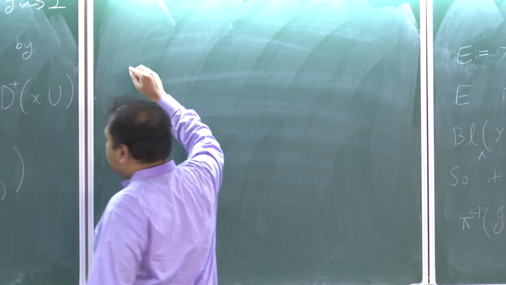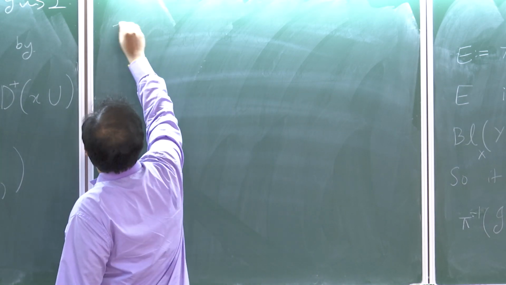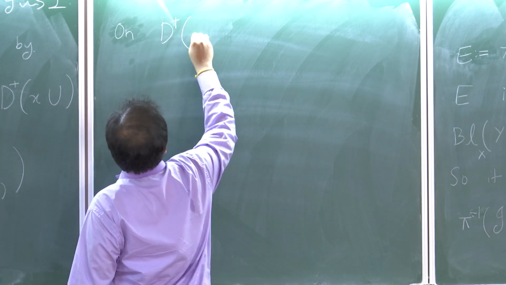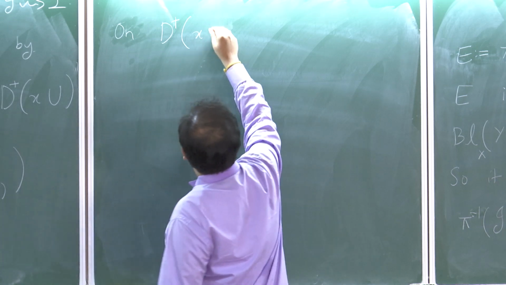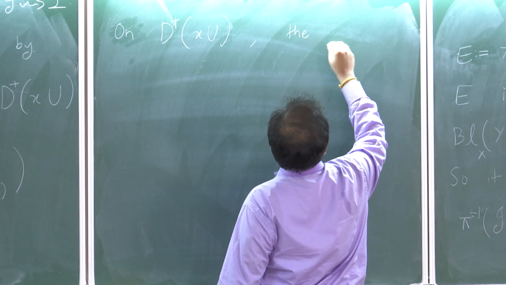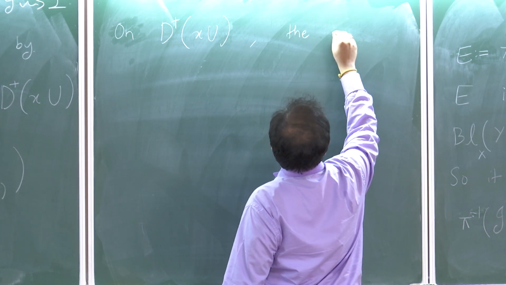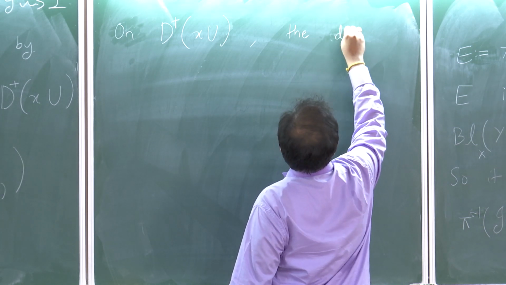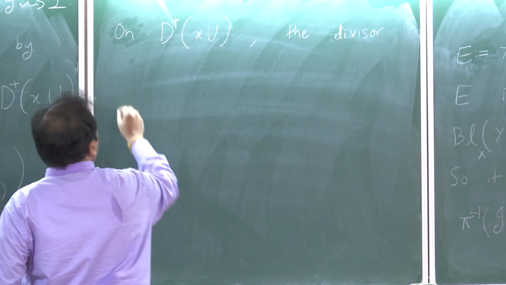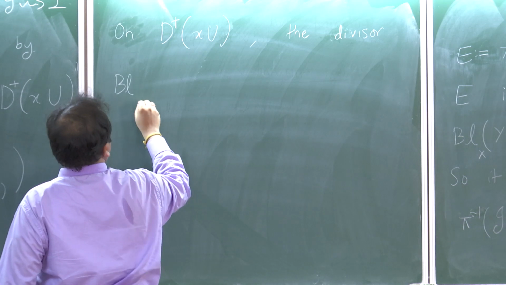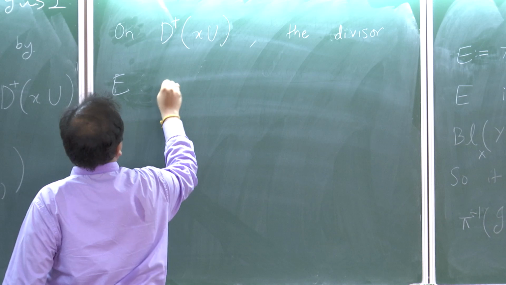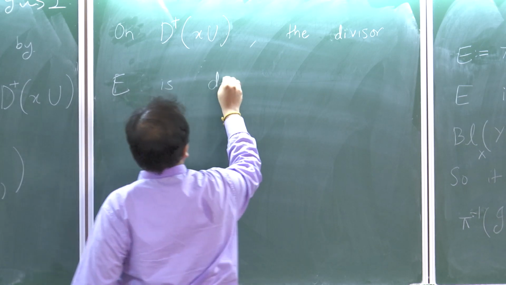This is just something that will come out of it, that on D plus of xu, the exceptional divisor E of the blow up is defined by